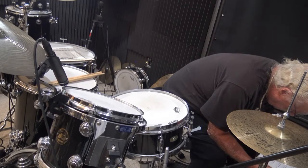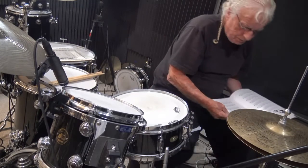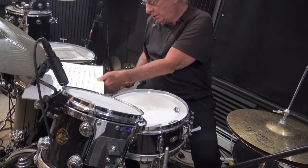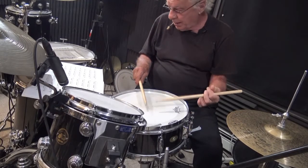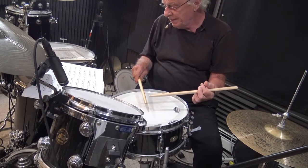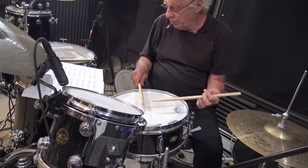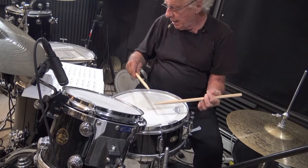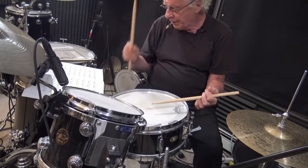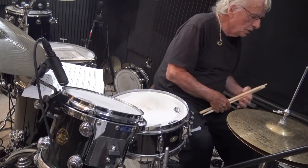What you have here is a left-hand lead, accent on the and of 3, and then all right-hand sticking. Let me see if I can get this going for you. I'll do it slow. Number 23, I'm starting here. Why am I starting here? Well, the first left is an upstroke. Why? Because my next left is an accent. And 2, and 3, and 4, and 1, and 2, and 3, and 4. You see how that moves? That's what you've got to do. Now, I could send you...